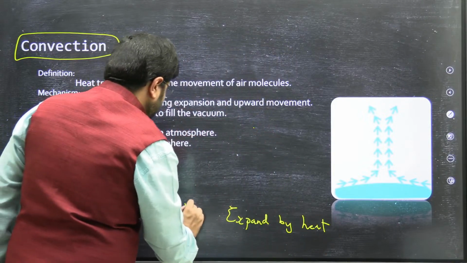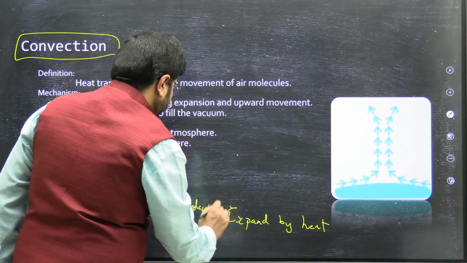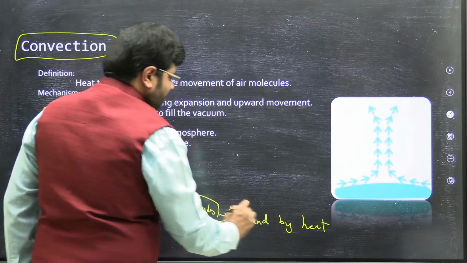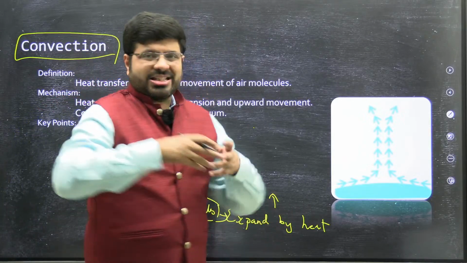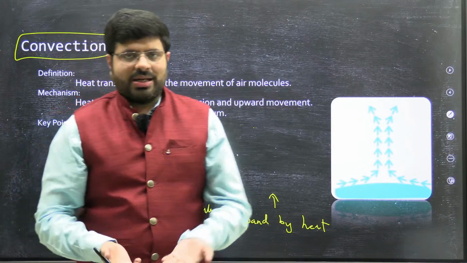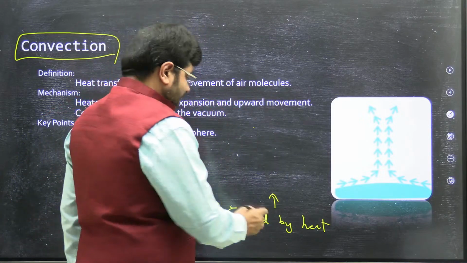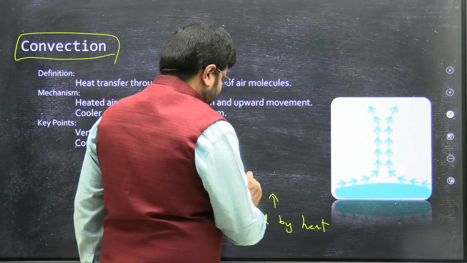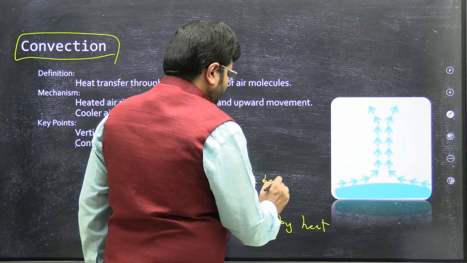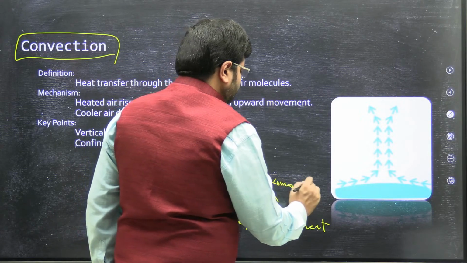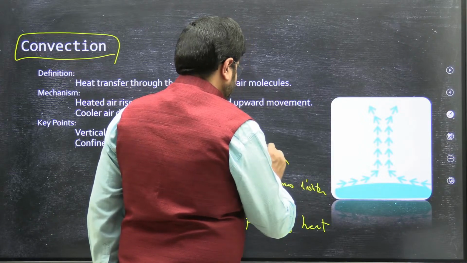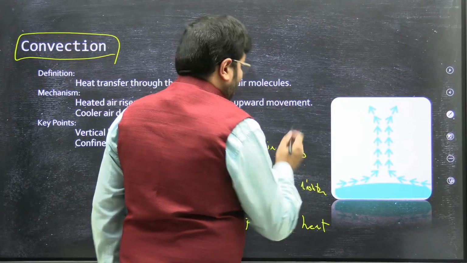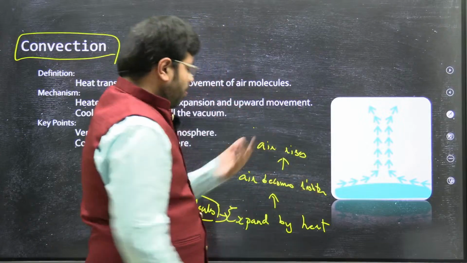Air molecules expand by heat. Once they expand by heat, they start rising. As they expand by heat, first of all, they become lighter. Air becomes lighter and they start rising. As they rise, they keep on rising